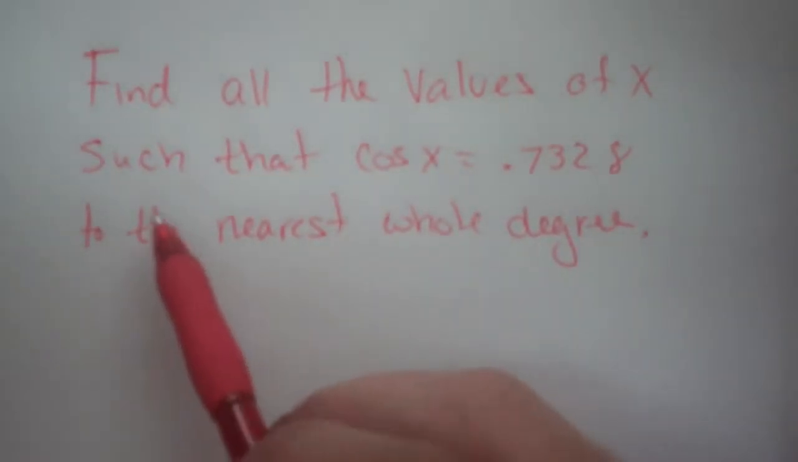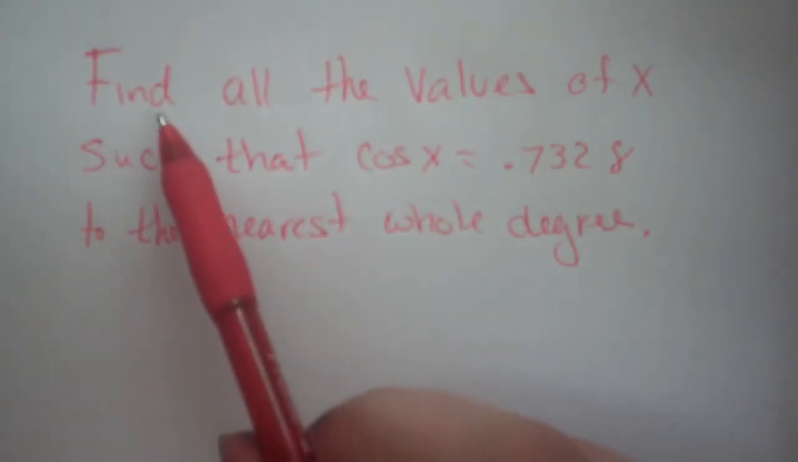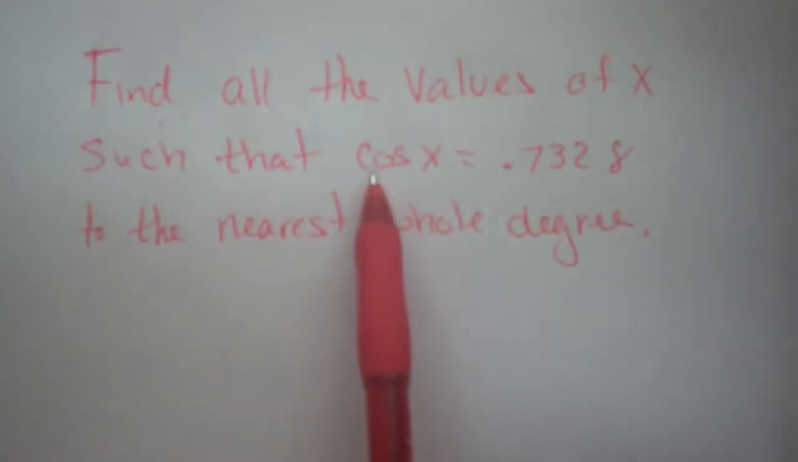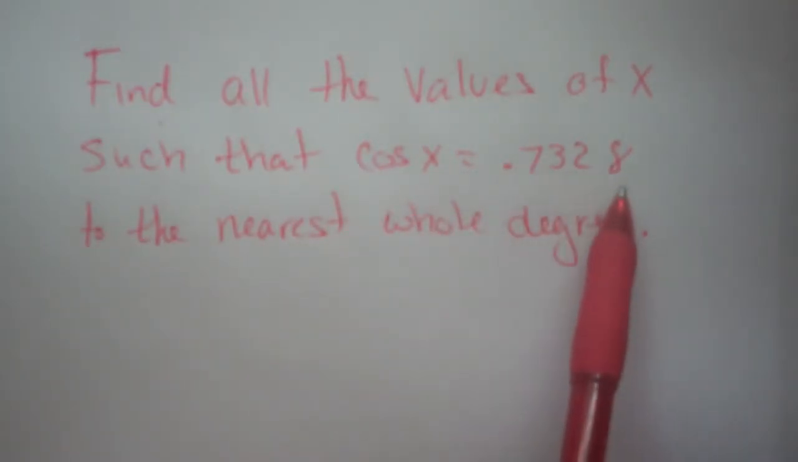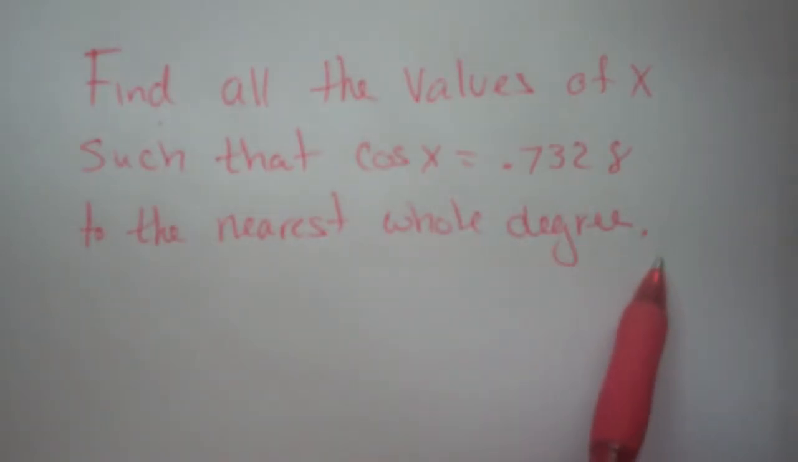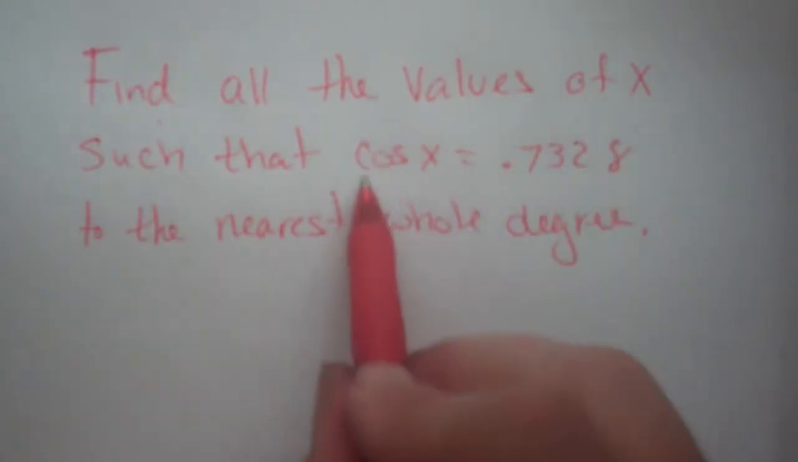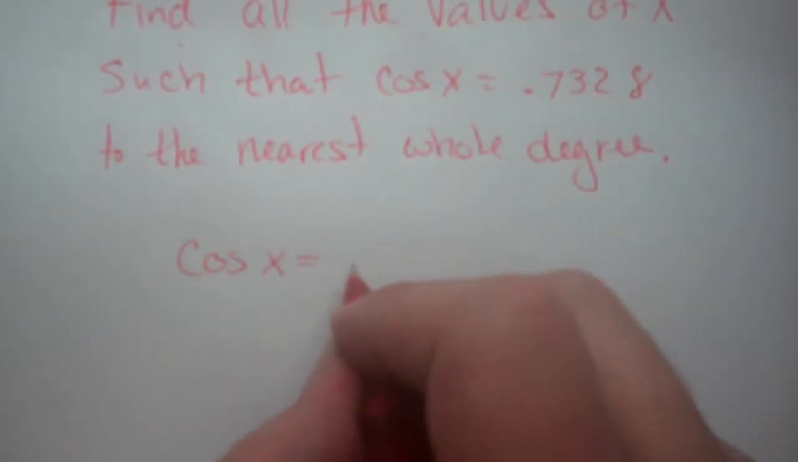In this video, we're looking at solving a simple trig equation. This problem says find all the values of x such that the cosine of x is equal to 0.7328 to the nearest whole degree. Okay, so I'll bring this down here so we have room to work. This is the cosine of x is equal to